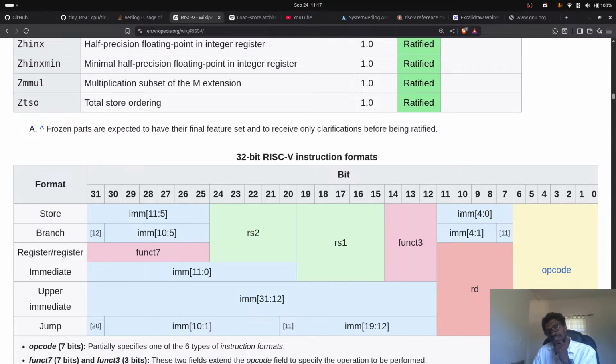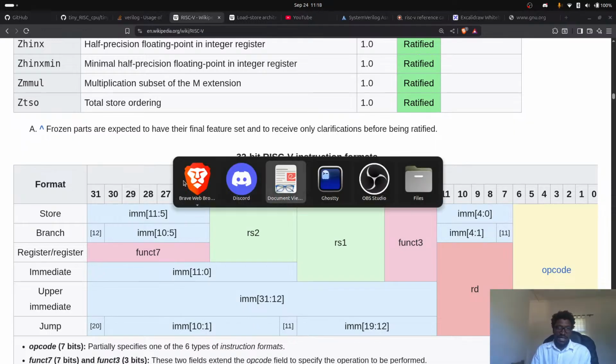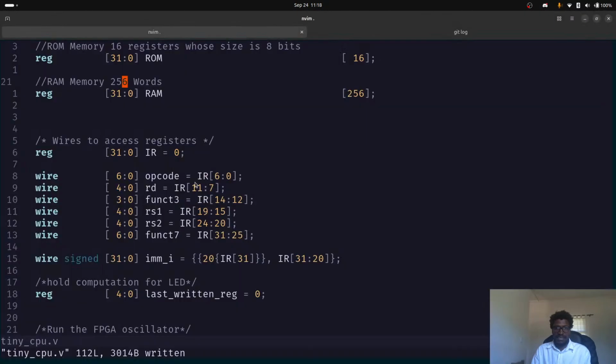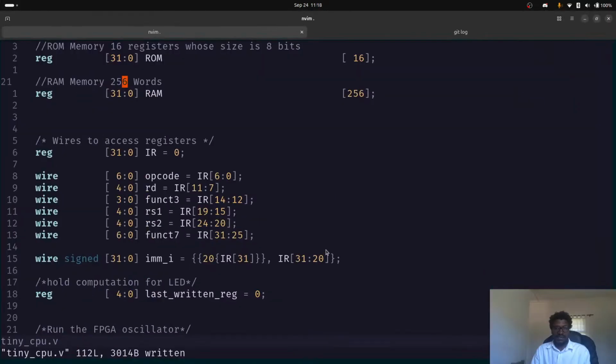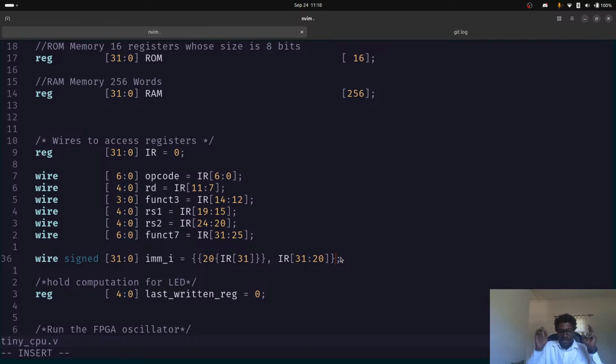I don't know if we're gonna use that right now, but this is the one we want to use so far. So we need to add this sort of structure the same way we do it here, that way it's easier to access. So we need to do this, but for immediate for the S. S and L are the same thing, because load and store are kind of the same family of instructions. They might be separated, but they're the same family